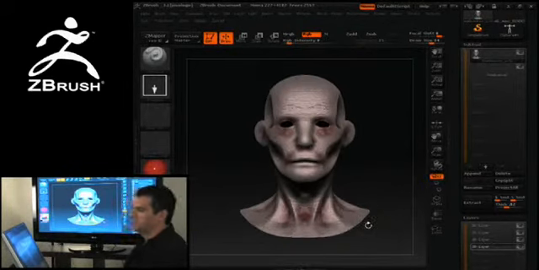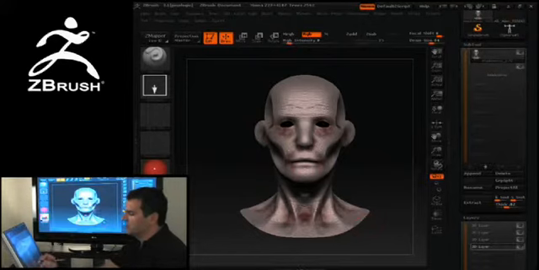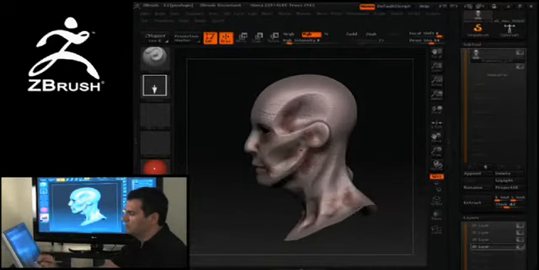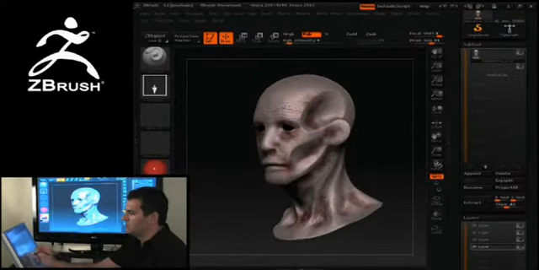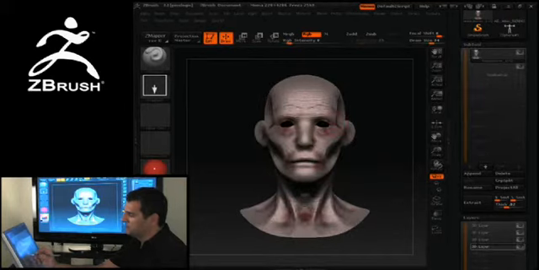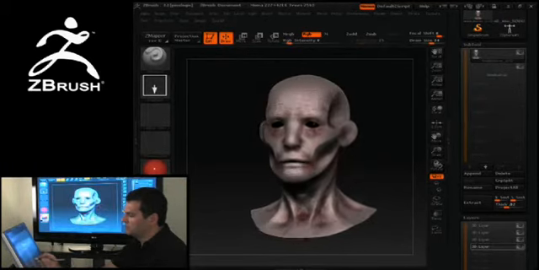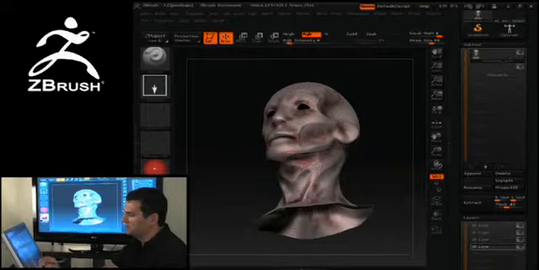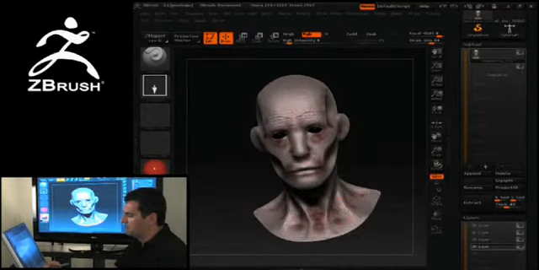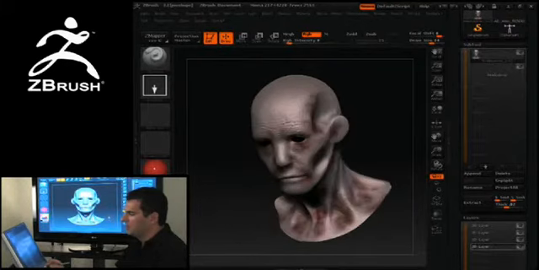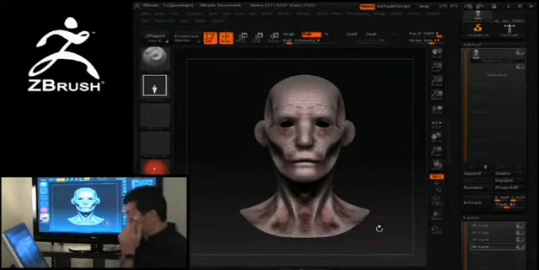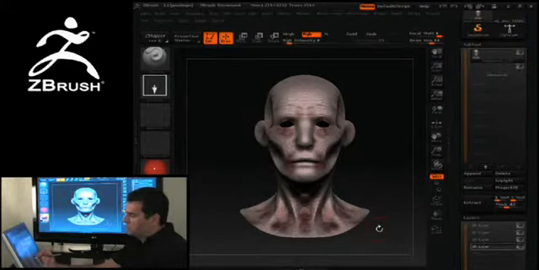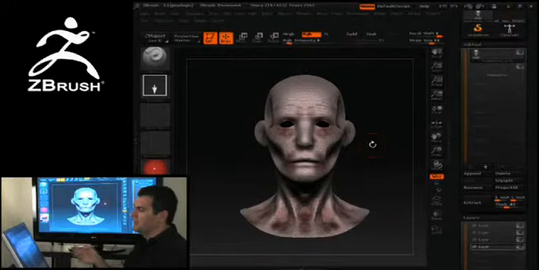So with that one little technique, I've basically gone in and I've started to be able to break up the surface and really be able to create some dimensionality with this. So keeping with that, I want to show you some different ways that you can apply color that really will help push the sculpture even further. One of the things is I really want to be able to go in and do some dry brushing. Dry brushing is a technique that basically allows me to apply a thin coat of paint only to the highest